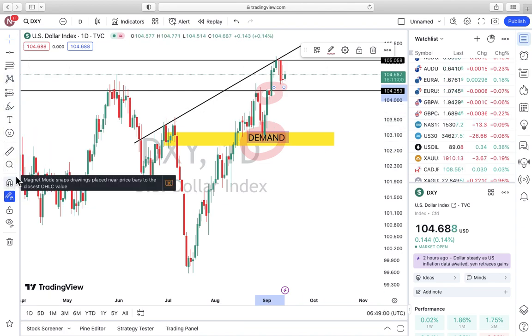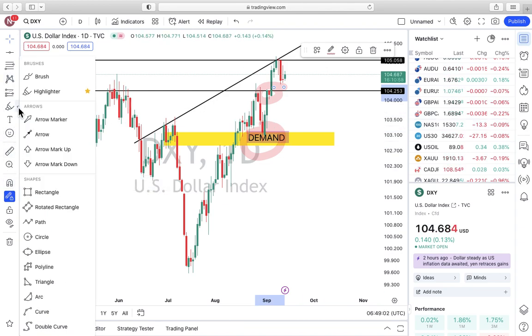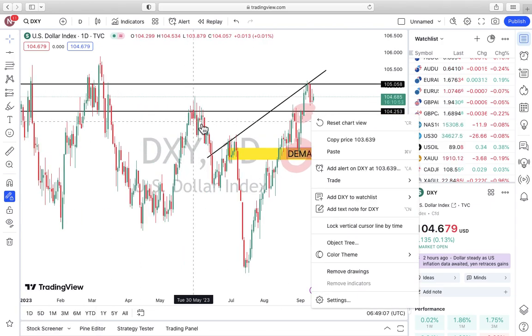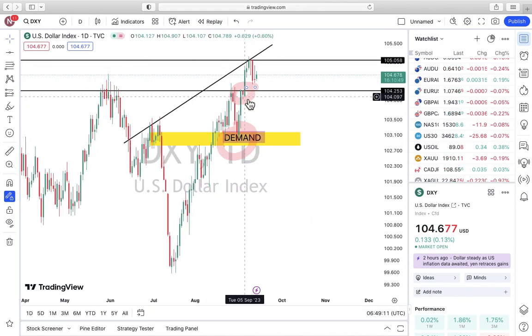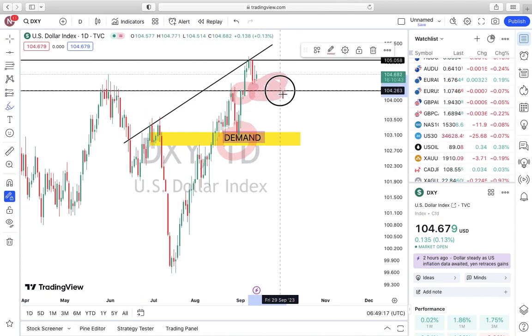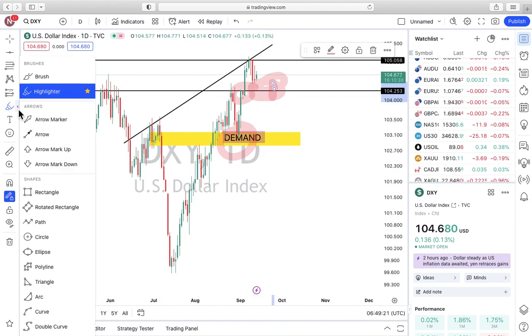Another thing you need to know here. There are not many things you need to know here. Let me say you want to indicate the direction of a market, whether it is going to buy or sell. I know very well that if this market breaks this zone, it is going to sell. Now, how am I going to show that direction? I will come here, then click on the path. Click there,